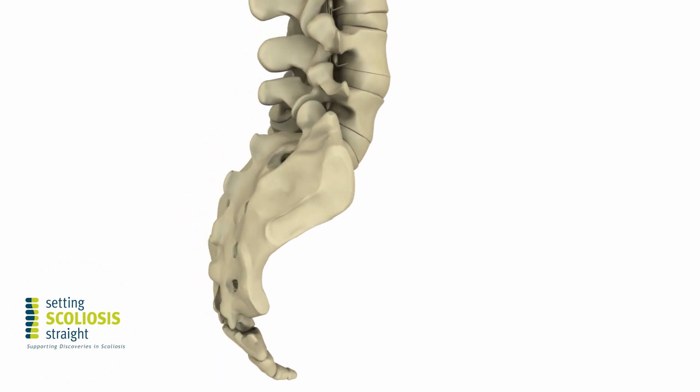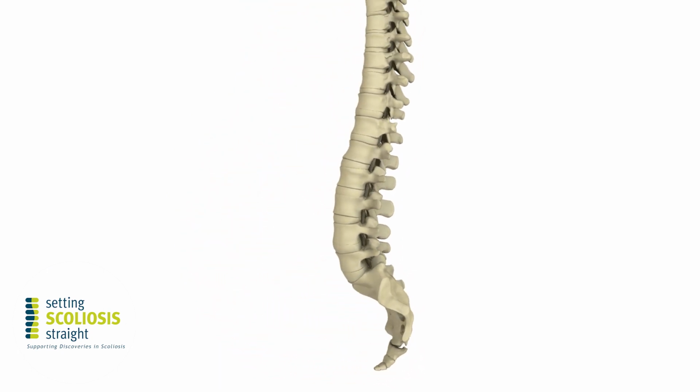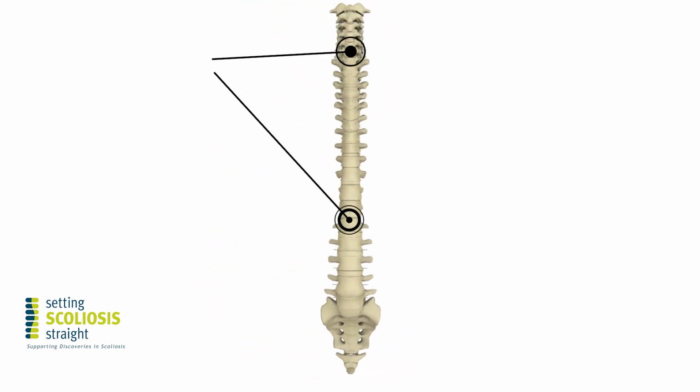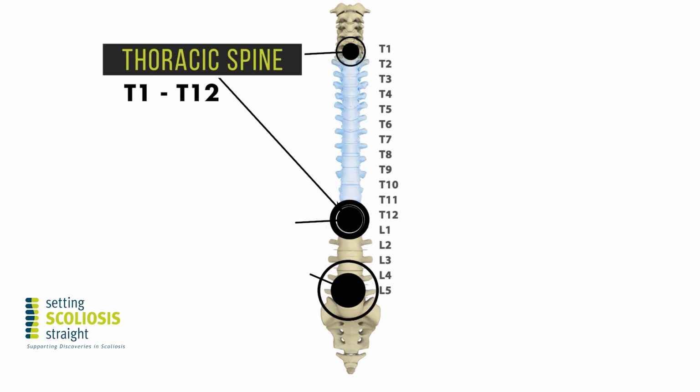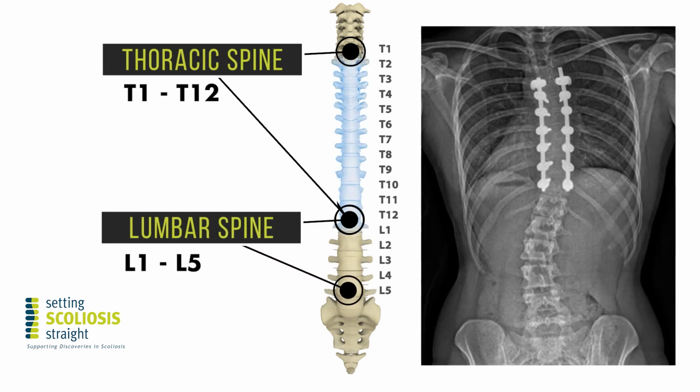And in general, we prefer to instrument and fuse the thoracic spine, leaving the lumbar spine mobile for motion and activities that kids want to do. And especially as they get into adult age, you want to try to maintain flexibility and motion in the lumbar spine. So the point of this study was to see if we could use some of the newer technologies that